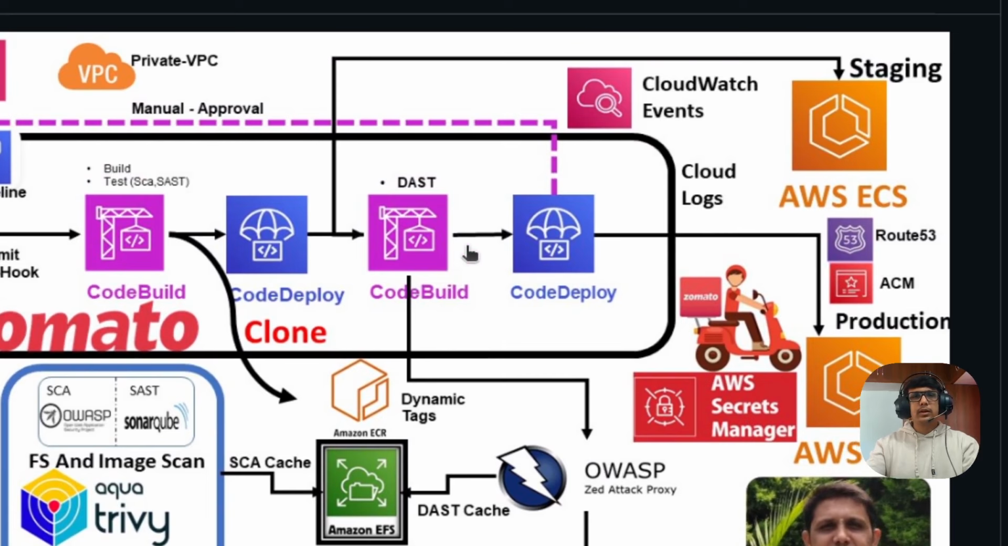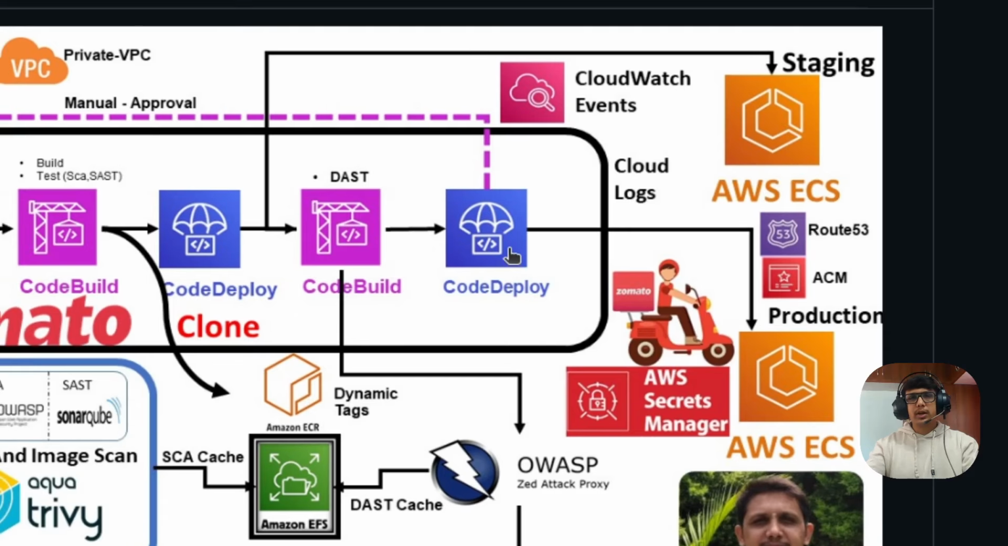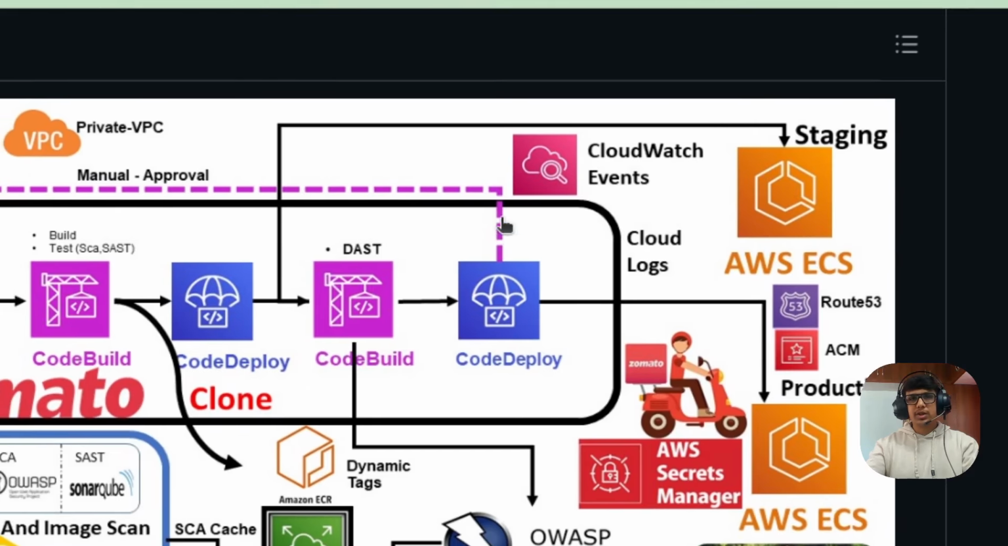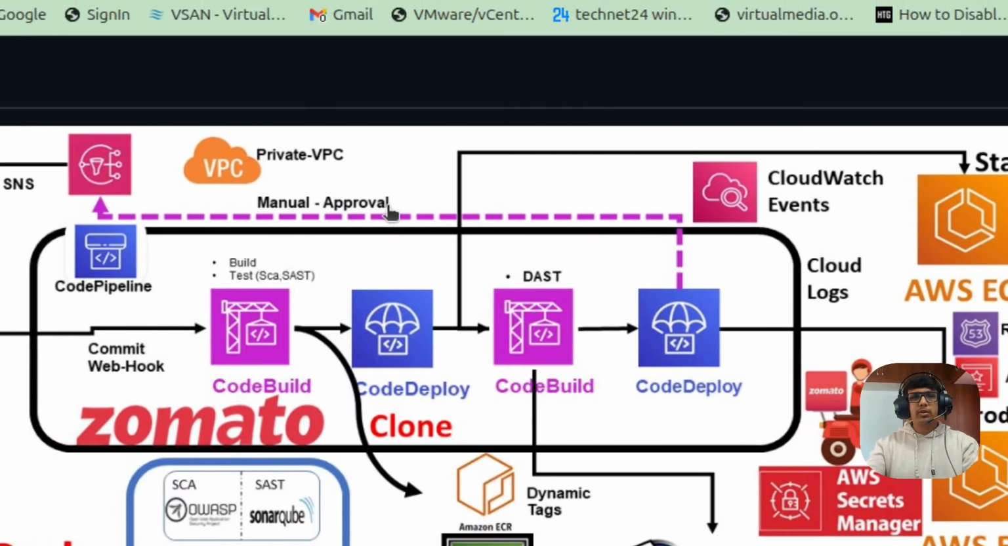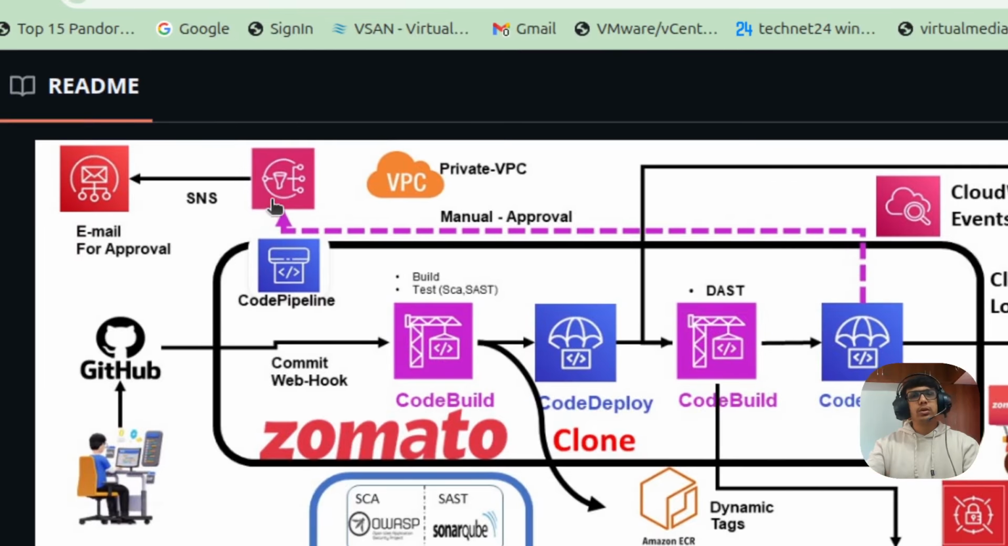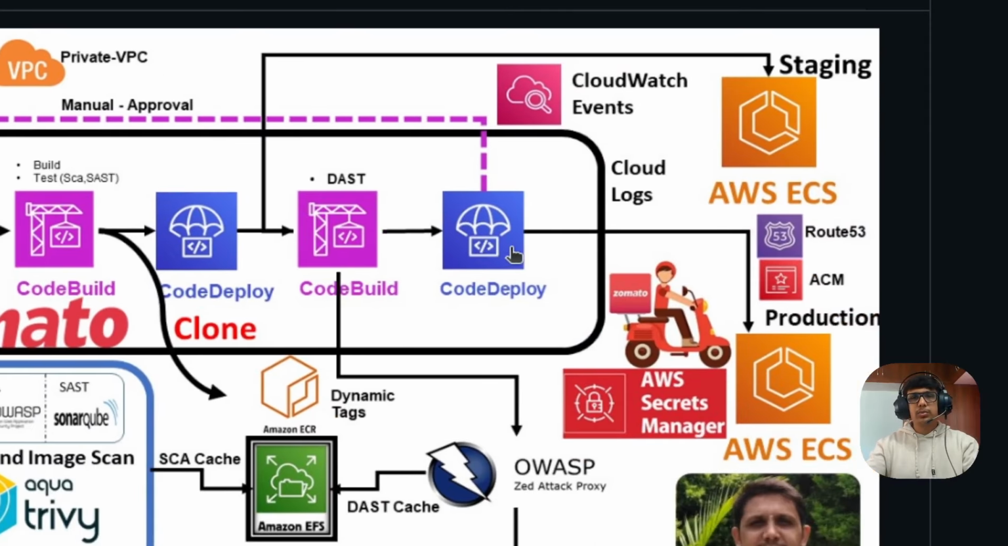And here for the production ECS deployment, I have given one stage as manual. You just observe the arrow mark here. The manual approval is going to send a notification through SNS to your email ID, then you can approve it. Once you approve the stage, when you feel this code is fine, it is going to deploy it to